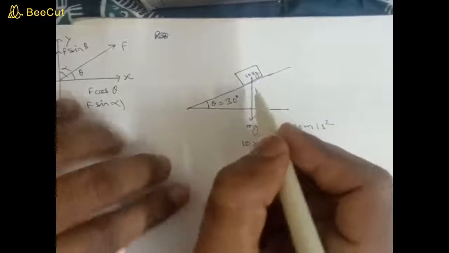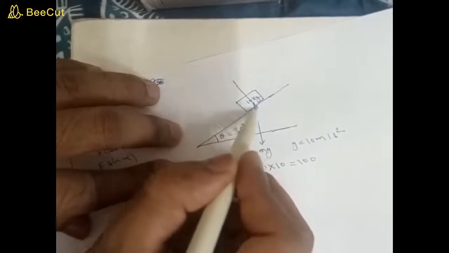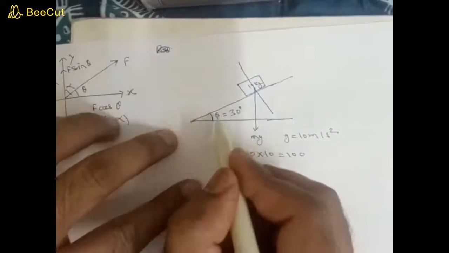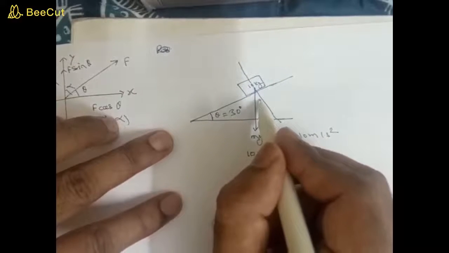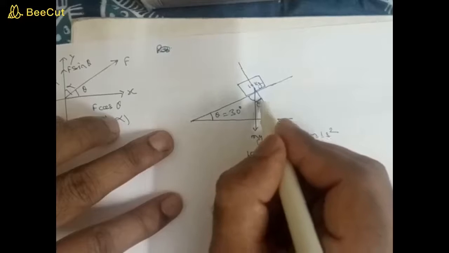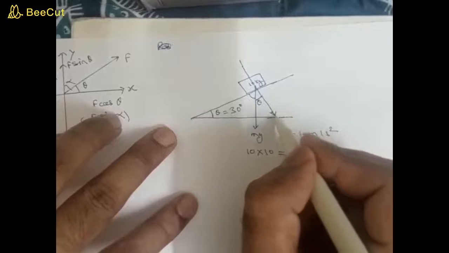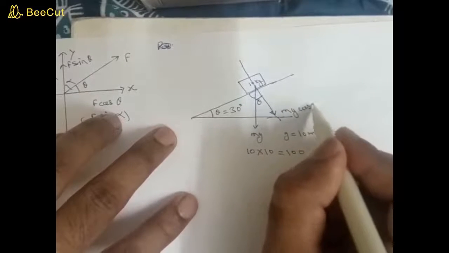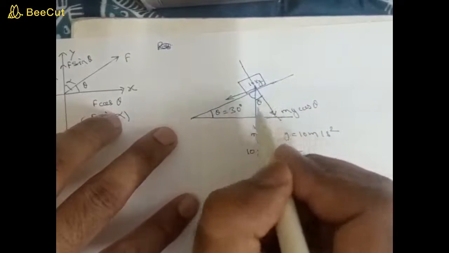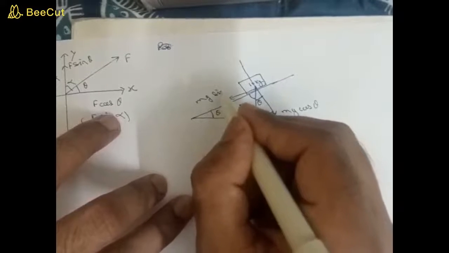Now we will draw a perpendicular to this inclined plane. This is the inclined plane. We have drawn a perpendicular to it. So this angle is theta, this angle will be 90 minus theta, and this is perpendicular. So this angle will be theta. This angle is theta. So the component along this perpendicular axis is mg cos theta, because this angle is theta, and perpendicular to this axis, or parallel to the inclined surface, the component will be mg sine theta.